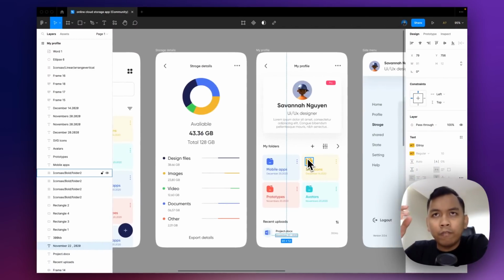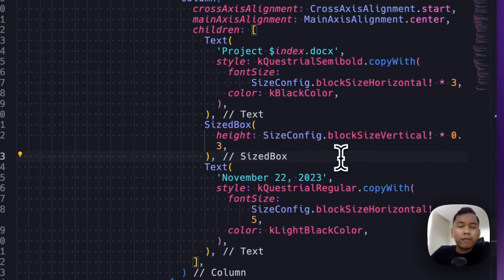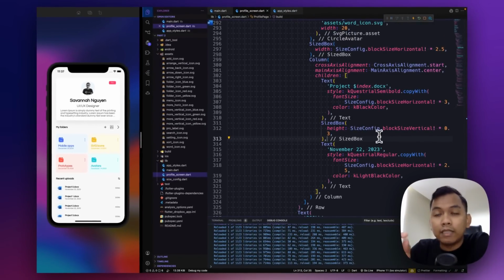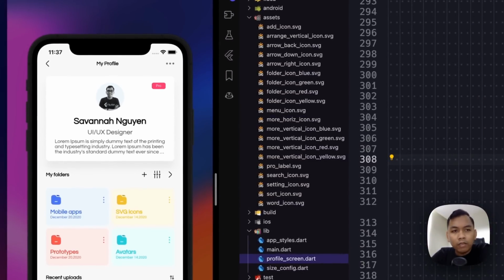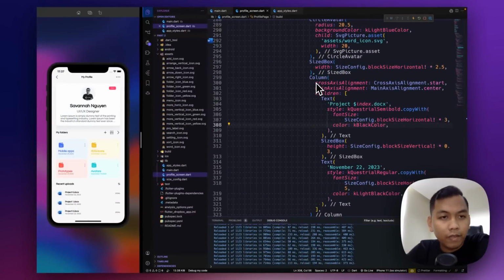Maybe we have a little different, like the color and then the space, because in this Flutter app we use a dynamic size using this, such as a size config. It will read from the screen height and screen width. But overall, this Flutter app is similar with the design.